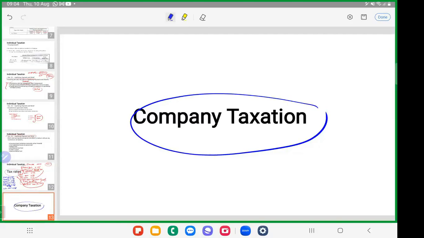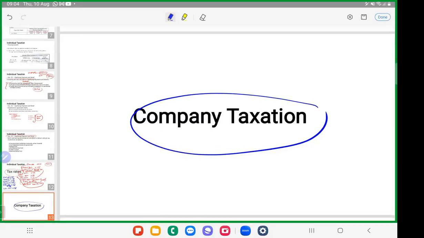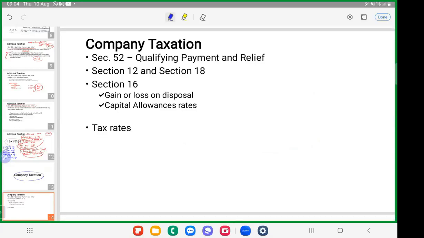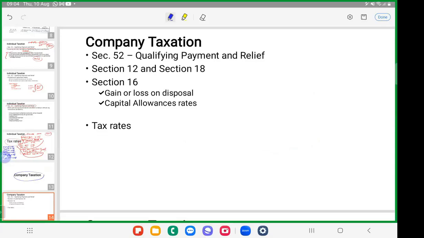the most focus area on company taxation. Here under that, qualifying payment and relief applicable for a company, and section 12 and 18 you have to focus, and section 16, then tax rate. So under the qualifying payment and relief applicable for the company,